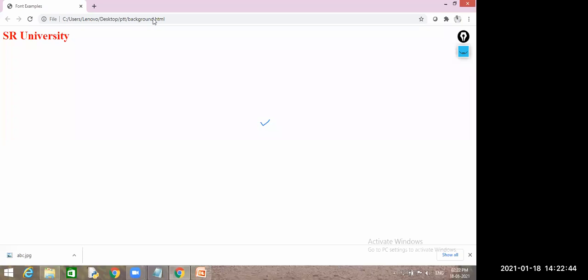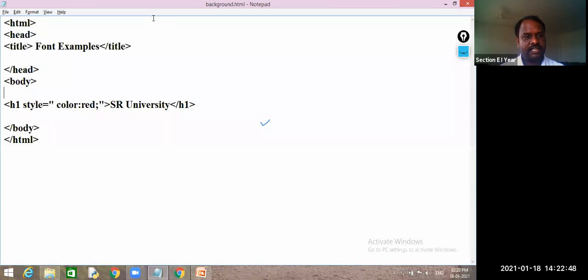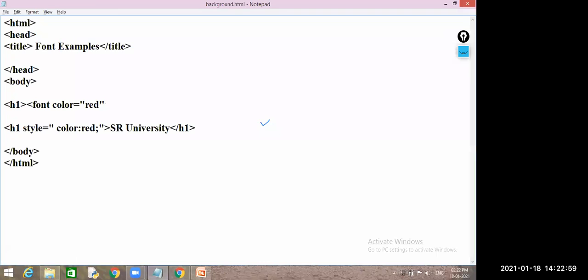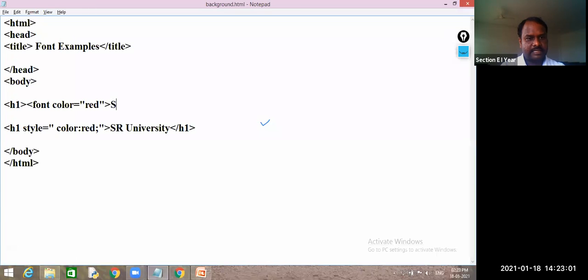It has changed. Previously in HTML, how did you change this color? In HTML, H1 and inside this font color equal to red, SR University, and H1.